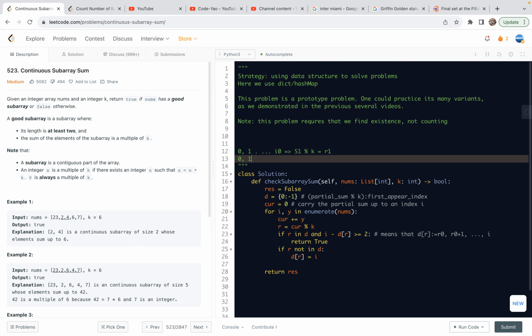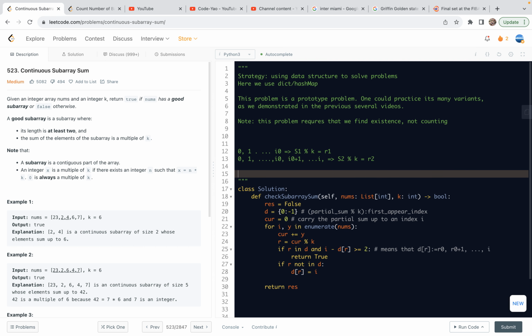And then we have another one, from I0 plus 1 up to index I. As you can imagine, this is the index we are looking at. If they have a sum S2 and modulo k equals R2, in other words, S2 is a multiple of k plus R2. Then if R2 equals R1, in other words, the difference R2 minus R1 is 0, it means that the subarray starting from index I0 plus 1 up to I corresponds to a sum